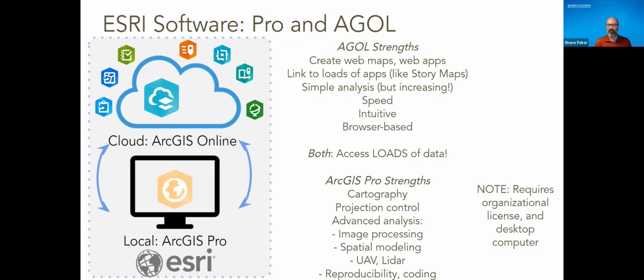So Esri software. Real quick, just a quick overview once again of the strengths of both of those. ArcGIS Online, like I said, you have web maps, you have web apps, a lot of different apps from Esri, and you can build your own. Simple analysis, it's fast, it's intuitive, and it can be opened and used on any computer, any tablet, any phone. And I should point out that both of these have loads and loads of data you can get access to,